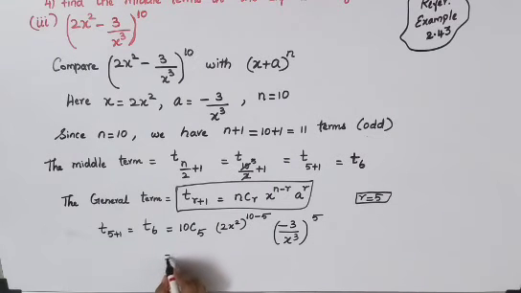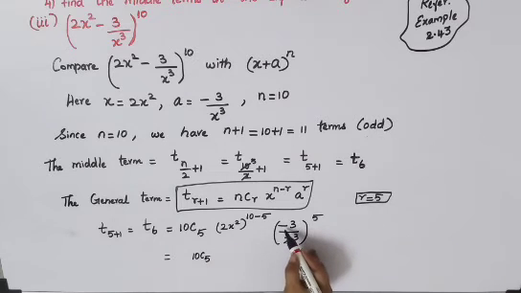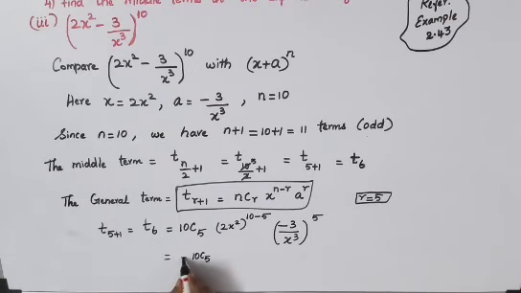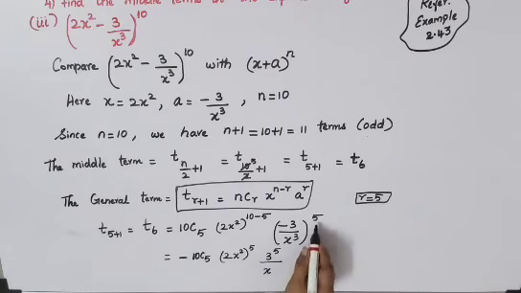Which is equal to 10C5 as it is. Now see the sign, minus with an odd power, so I will get the minus back. I will bring this minus before all the terms. Now you have 2x square, the whole power 10 minus 5, which is 5. And here you will have 3 power 5 only, because that minus we have taken outside, divided by x power 3 5s are 15.